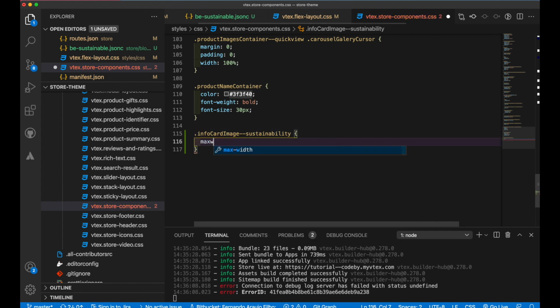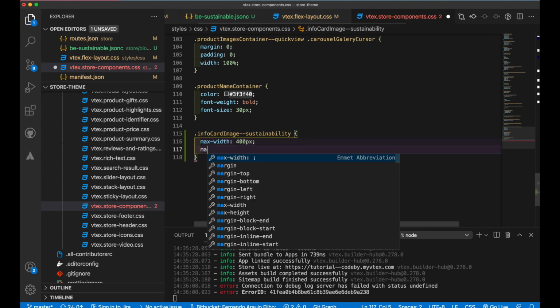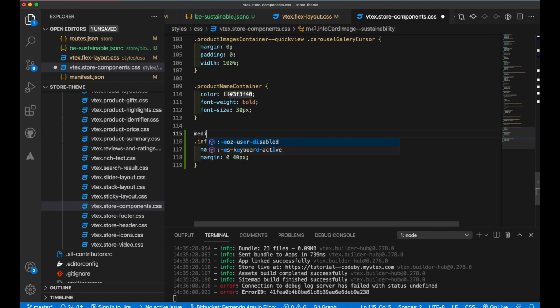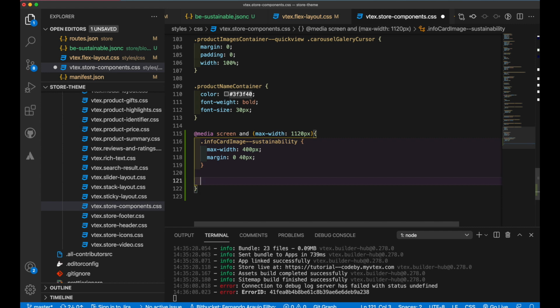That's going to be a max width of 400 pixels. Then I will have margin of 0 px. And here I'm going to have a media screen and max width 120 px. I'm going to put this inside of that because I just want that in smaller screens, although it doesn't affect the other thing. Well, the other thing I will need here is an info card container,